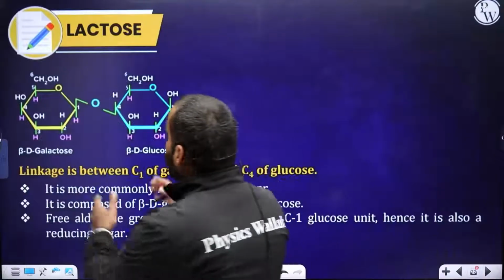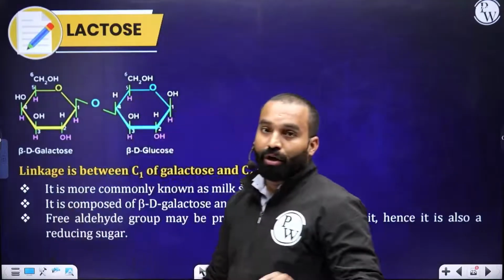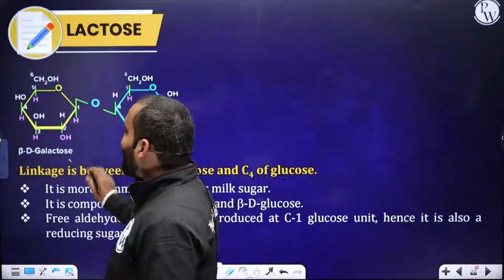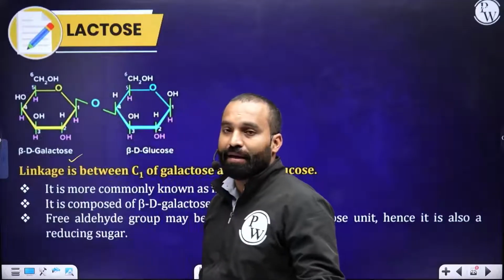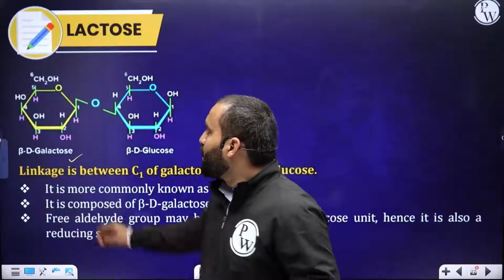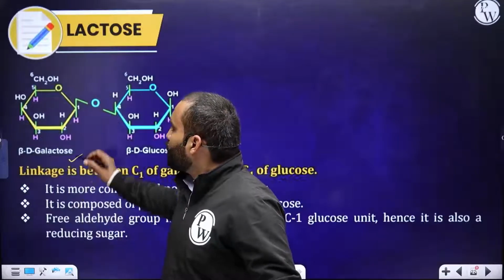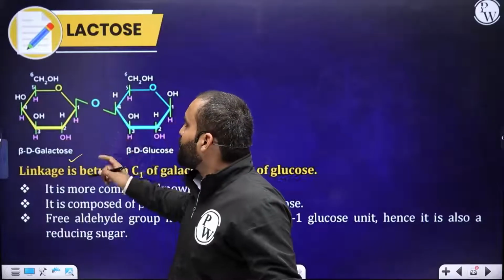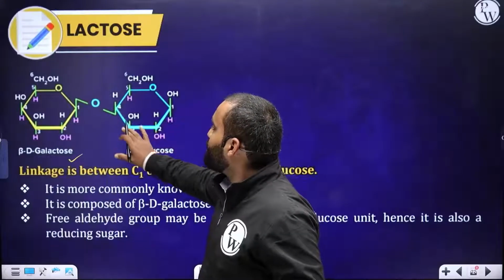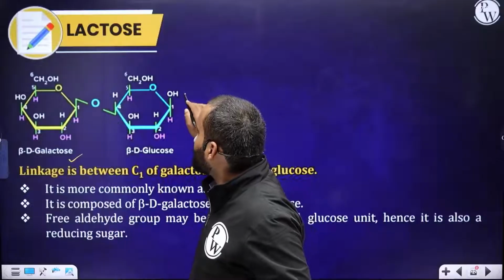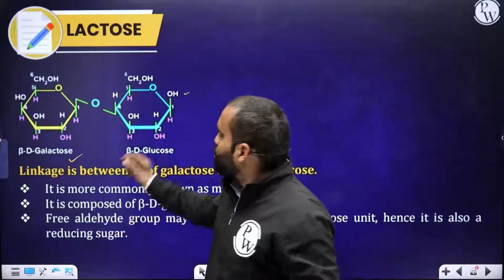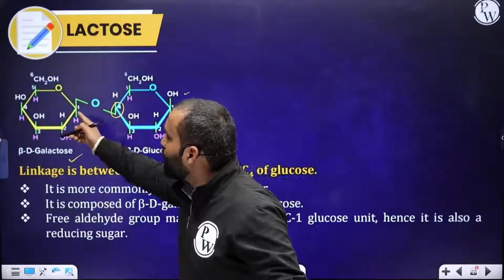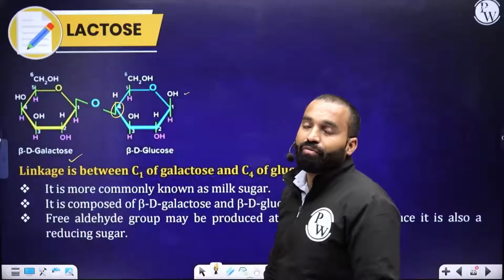Lactose looks like it is made up of two types of sugar molecules. This is beta D galactose. Be careful, it is beta D galactose, not glucose. The first carbon which had OH on the top is now condensed, and on this side we had beta D glucose which has beta OH on the top. So this is my carbon number 1, 2, 3, and the fourth carbon is linked to the first carbon of galactose.